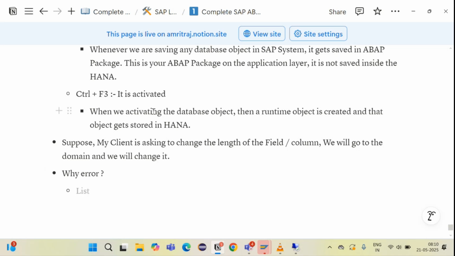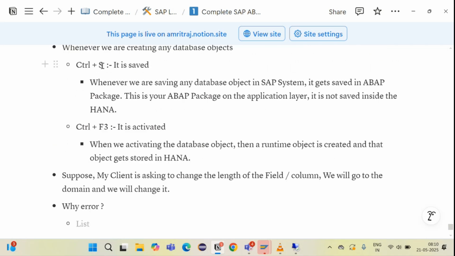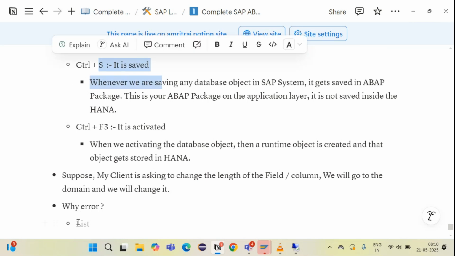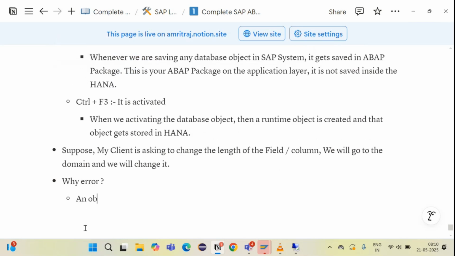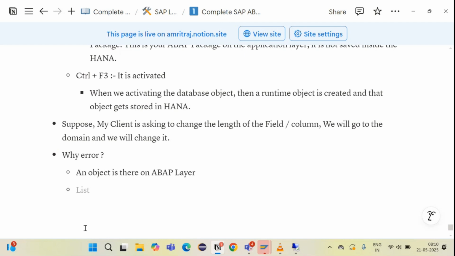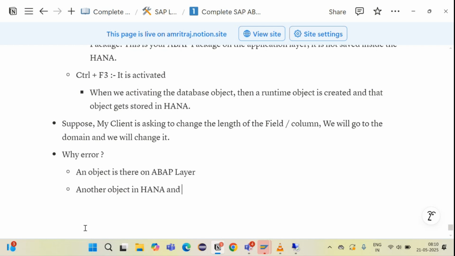So what is happening? When we saved it, one object is there in ABAP, correct, on the ABAP application layer. The second one, another object, is in HANA, and both of them